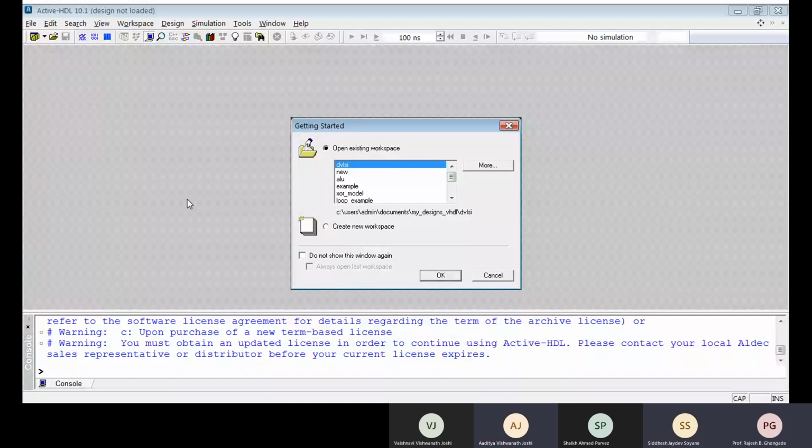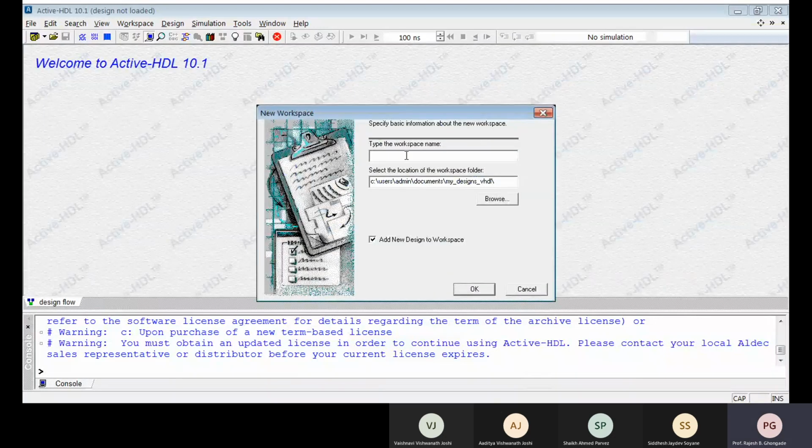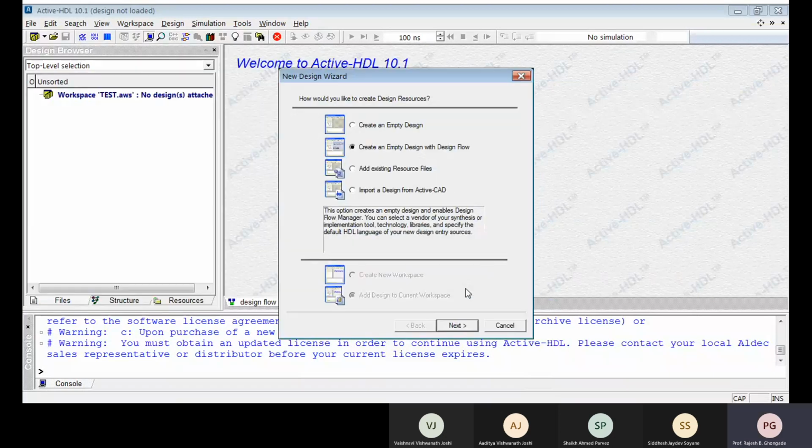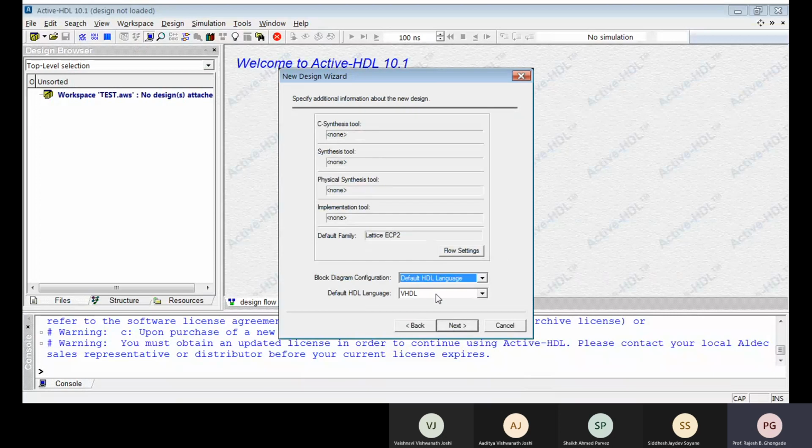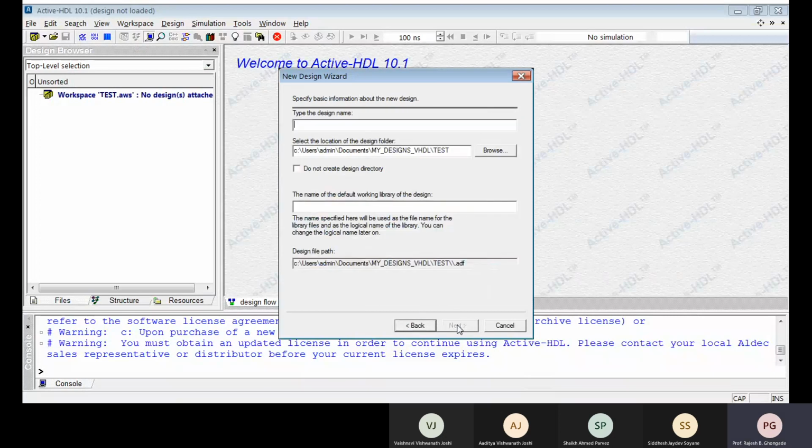Yes, sir. So I can start with a new design, create a new workspace like this. I'll call it test. Create an empty design with design flow. Default language is VHDL. Design name